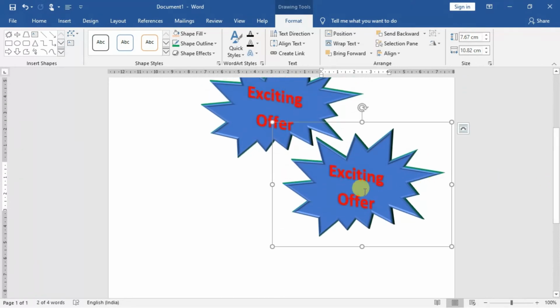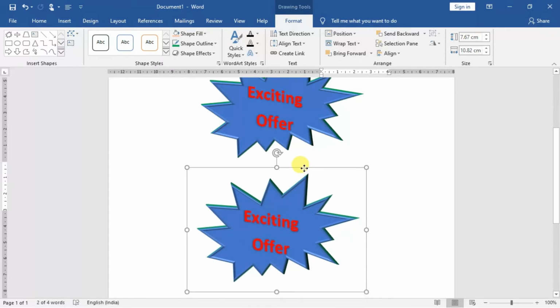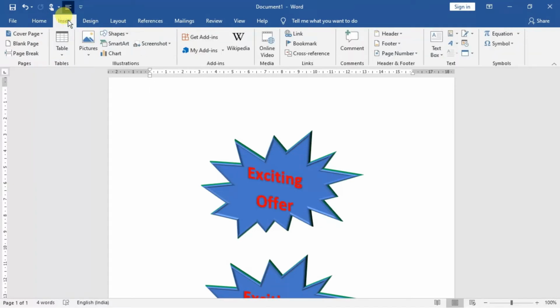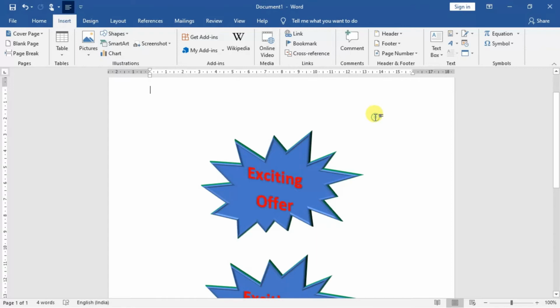So afterwards you can move it, you can take it and place it anywhere. In this way you can easily enter the things. What it will do: Insert, then Illustrations group, then Shapes, and the rest of the things. There are a lot of shape styles, so you can choose whatever shapes you want and implement the practical steps in this way. So the shapes can be drawn easily onto your document.